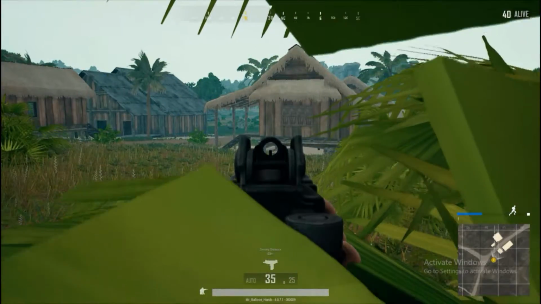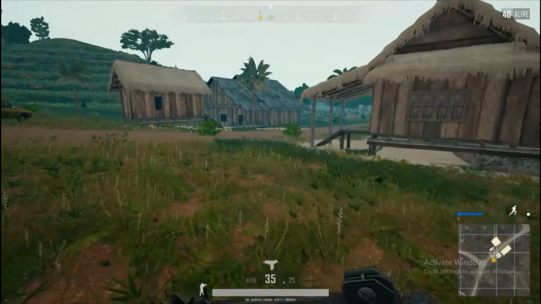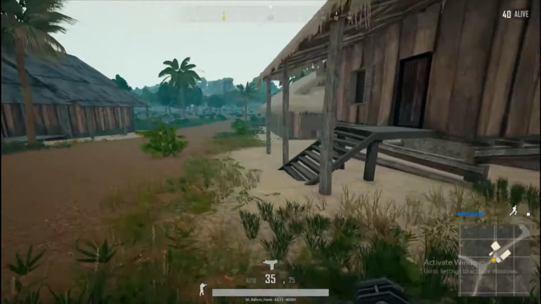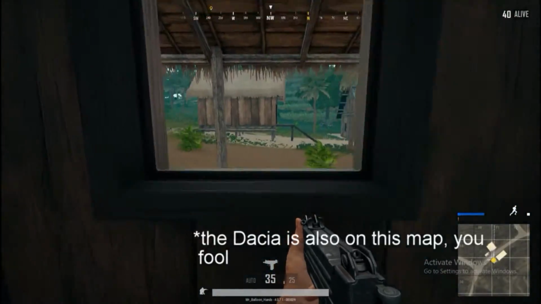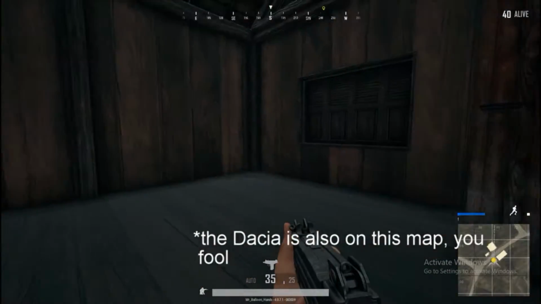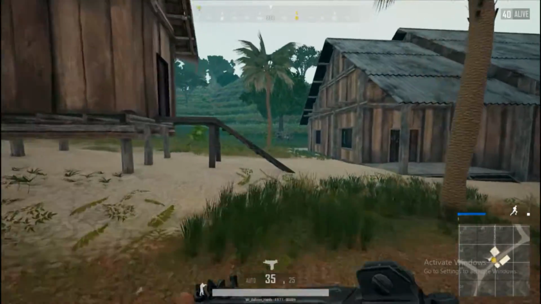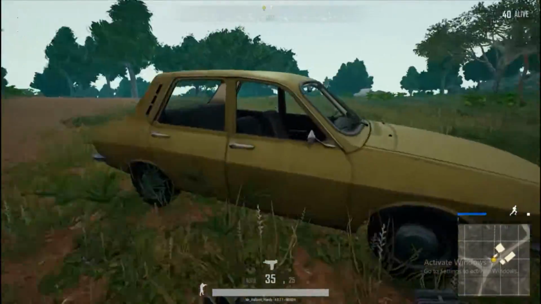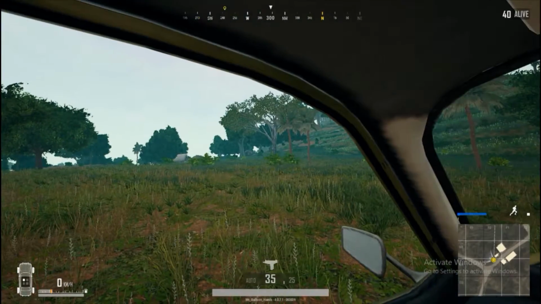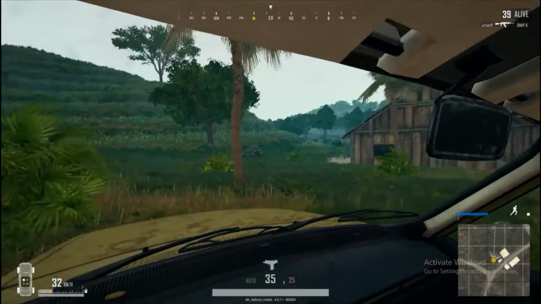For vehicles and weapons, we're not seeing anything new. The only vehicles that I ran across were motorcycles and a buggy, as well as the microbus. I haven't seen any Jeeps personally. That doesn't mean that they're not in there, but it does seem like they've adjusted the loot and vehicle spawn rates to kind of fit this smaller map,